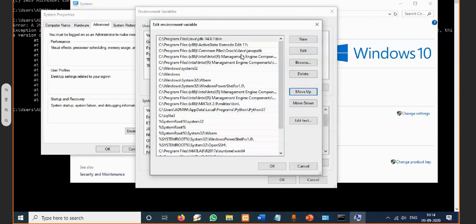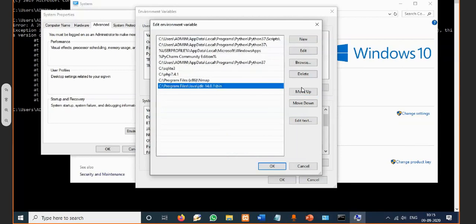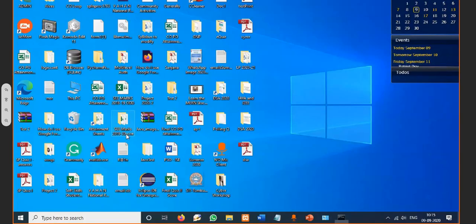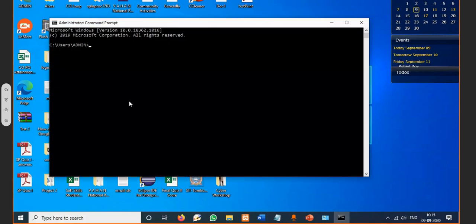Now I'll go to this again, click OK. Now I'll minimize. Now exit. Then once again you can start CMD. Then you can check it here. See, java followed by welcome.